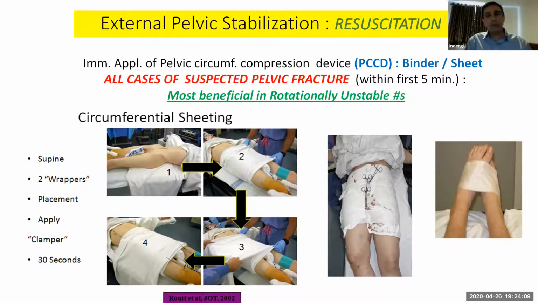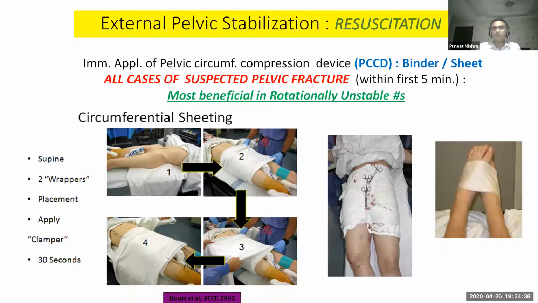You pass a sheet around the levels of the pelvis and the greater trochanters, then you fold from the one side to the other side as has been shown in figure 2, then from the opposite side, and then you apply clamps here. And once you have applied the clamps there, apply constant force on both the arms of the sheet, and then for extra force you can apply arterial clamps or a sponge holder forceps longitudinally. So that will give you a circumferential compression, and